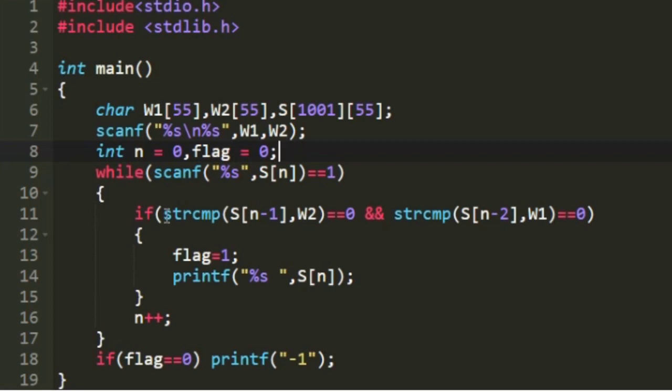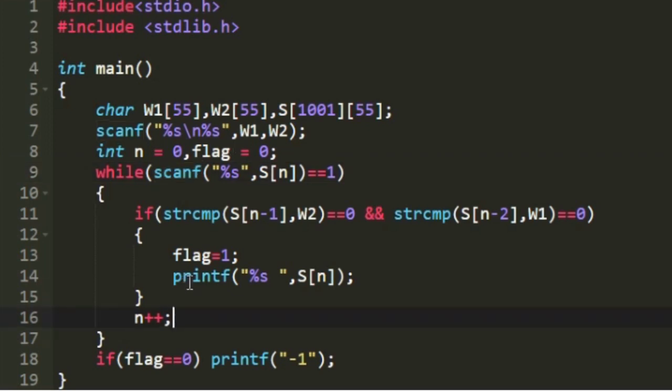Now we are going to accept the string yes word by word, and we don't know how many words will be present in the string yes. So I am creating a while loop, and this while loop iterates until this scanf function returns 1. The scanf function returns 1 whenever an input is received, and when no input is given to it, it returns 0.